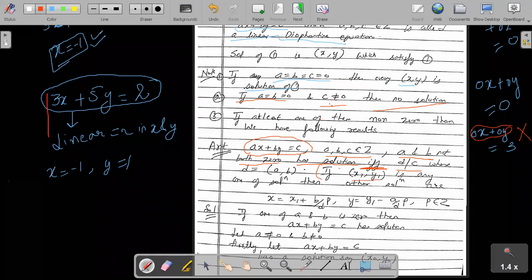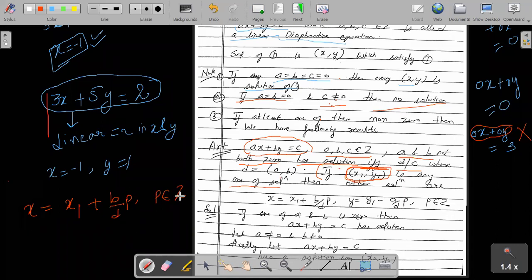If x1, y1 is any one of the solutions. So the first thing we checked is when a solution exists, whether the solution exists or not. Okay, if a solution exists, then we take out any one solution. I will tell you the method of how to find the solution. So if x1, y1 is any one of the solutions, then the other solutions are given by, so you see, any general solution will be x is equal to x1 plus, this formula you will remember, b by d into p, where p belongs to Z. So p is any arbitrary integer.